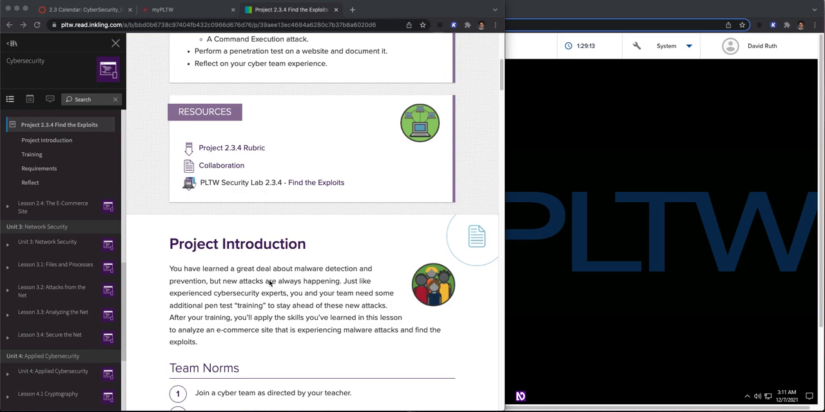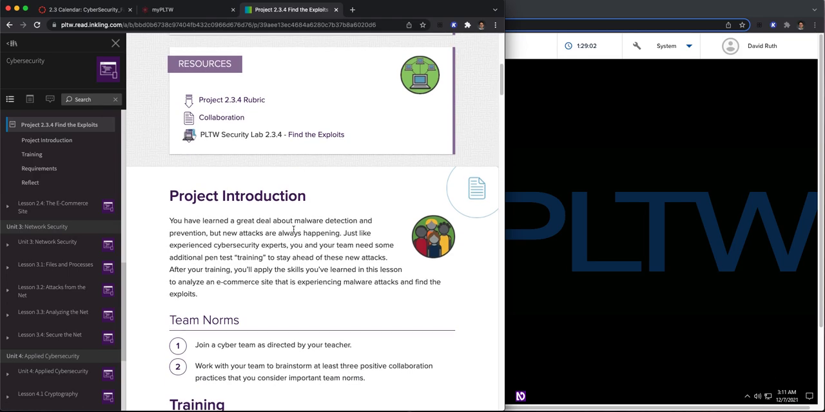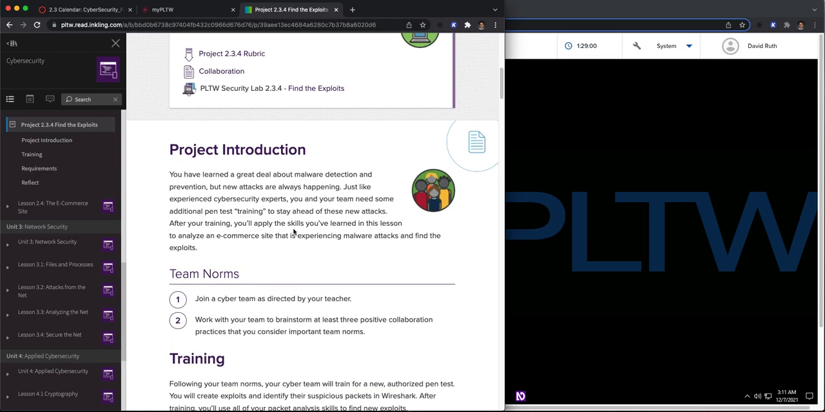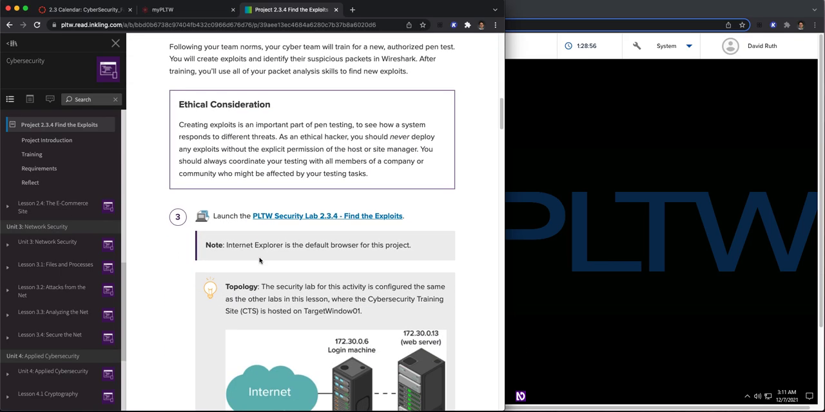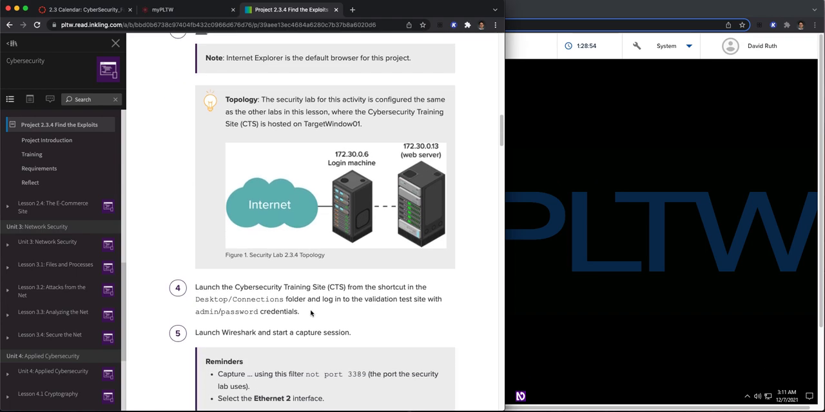All right, let's talk about project 2.3.4 called Find the Exploits. I've already booted up the virtual machine to the right here by clicking on this link. What you're supposed to do in this project is practice some penetration testing. So the server's running. In this situation,